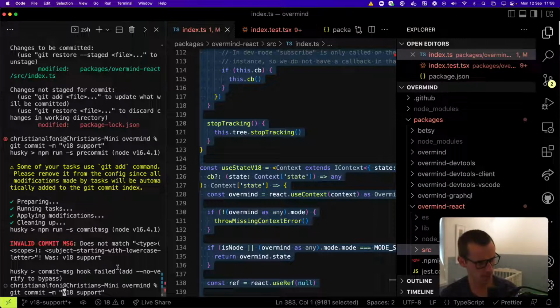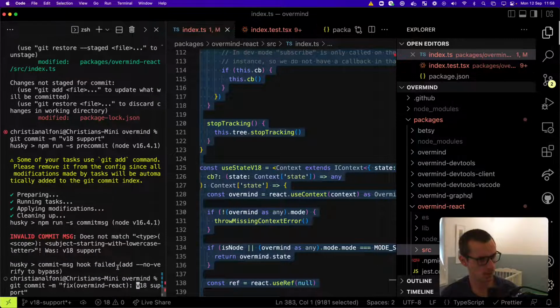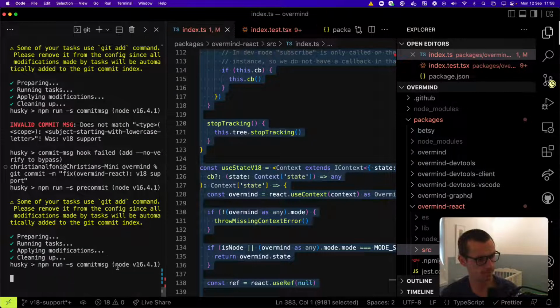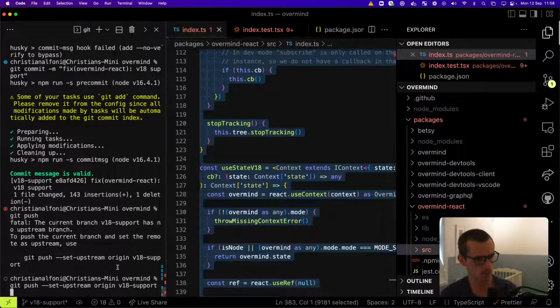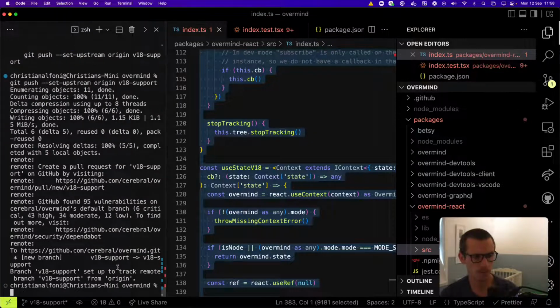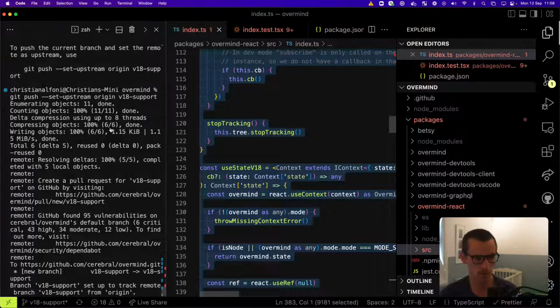So this, I guess, could be called a fix, Overmind React. Just did release notes. Yeah, I think you can just merge it then, and then